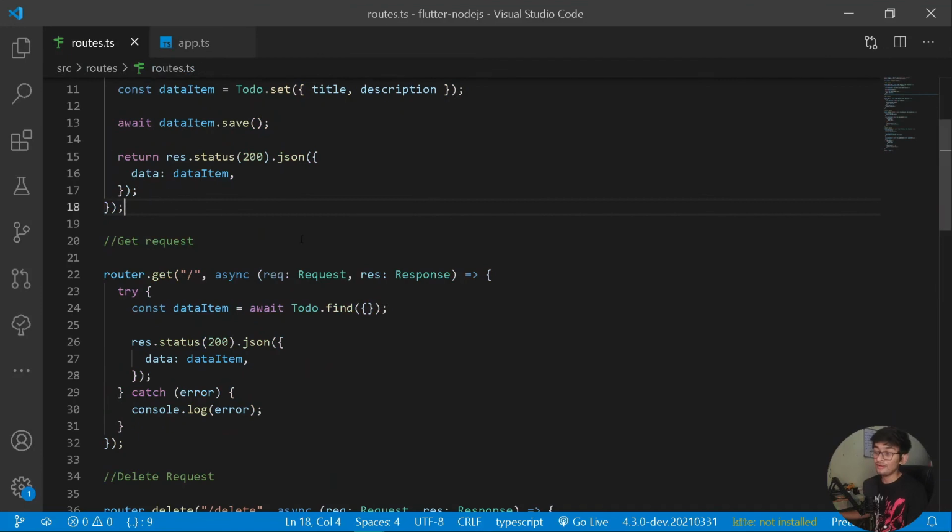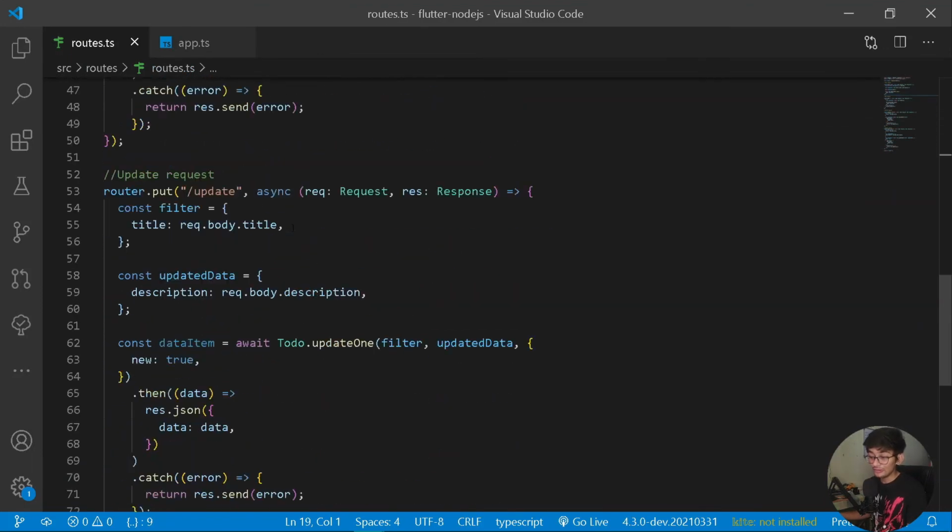So I will see you in the next one while implementing Flutter integration of our to-do list with the mobile